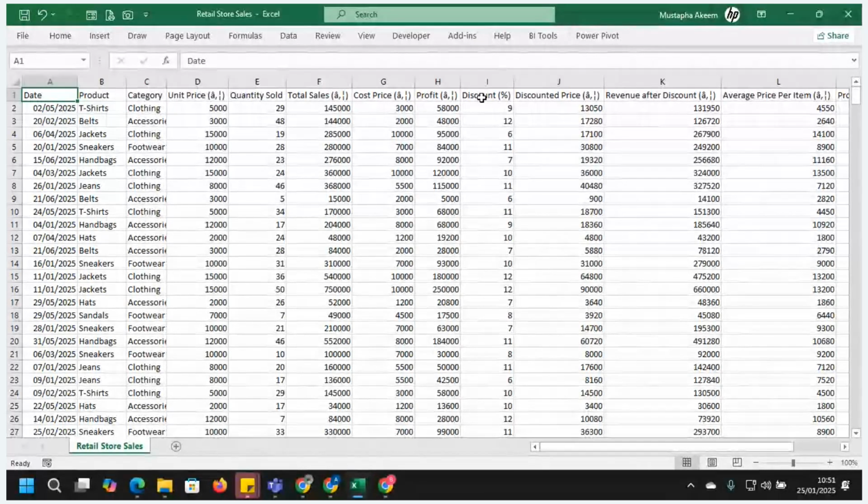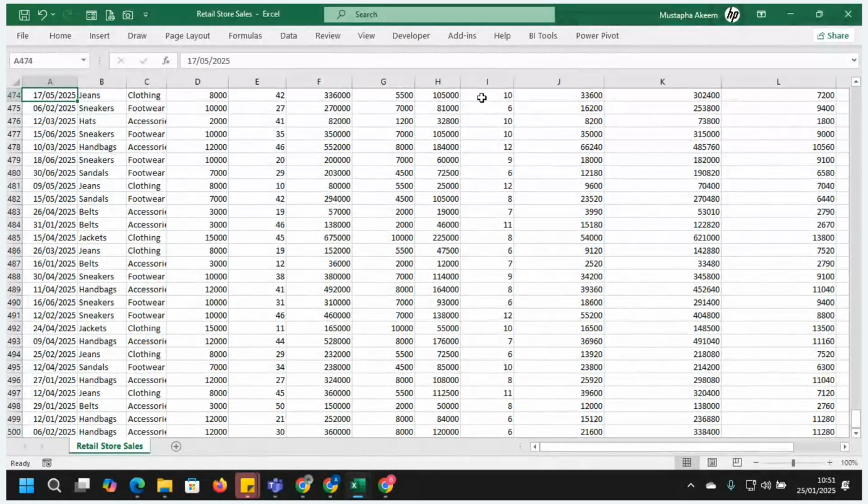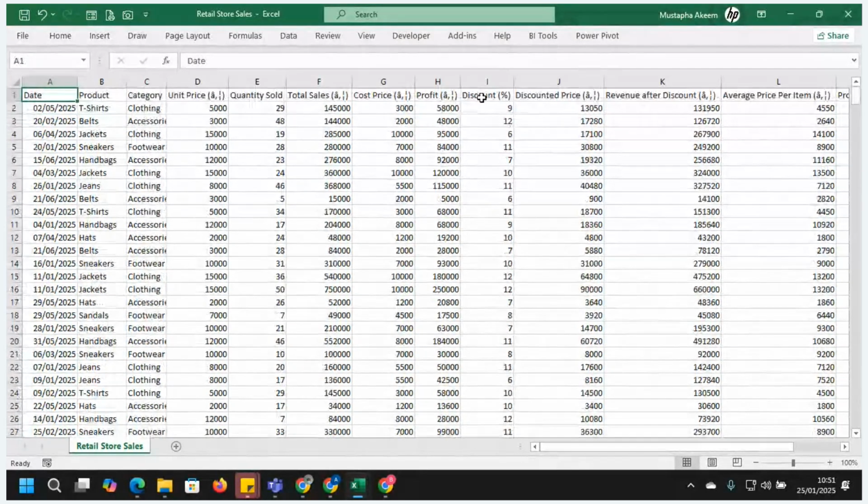The data set is about 500 rows. We have 500 rows of data. The data was generated by ChatGPT. That is one of the very fantastic tools out there that can also be helpful wherever we are learning or doing.